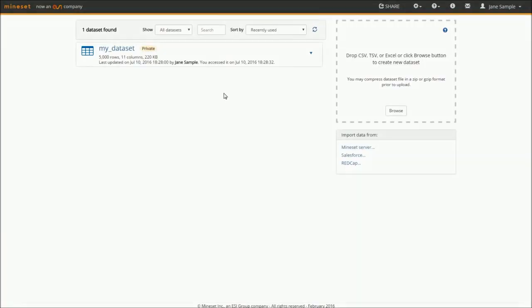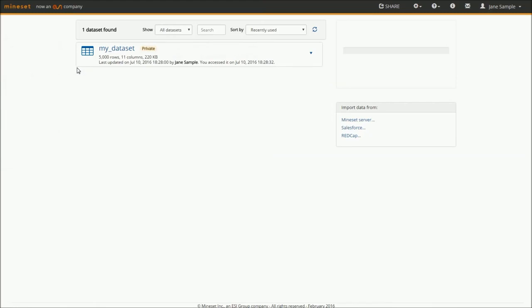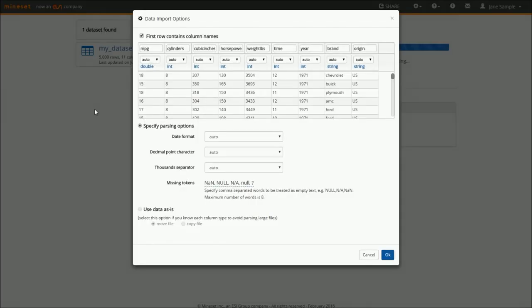to upload data. Once logged into Mineset, you're presented with the opening page where previously loaded datasets are on the left, and a new dataset can be added by selecting it from the operating system. I'll start by loading a dataset containing information about a set of cars, their miles per gallon, horsepowers, and other features. Once I verify the column names and data types seen in this preview are correct, I can proceed to